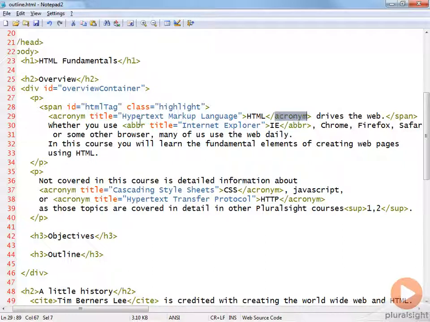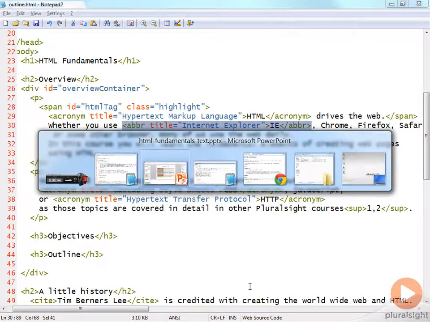So I use the acronym element here to wrap up HTML. You can see I'm able to apply the title attribute and call out that what that stands for is Hypertext Markup Language. Or the abbreviation tag, similar concept, I call out that IE is an abbreviation for Internet Explorer. So if we look at what that looks like,